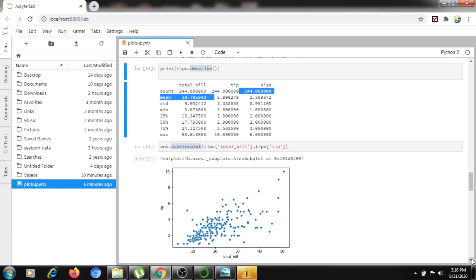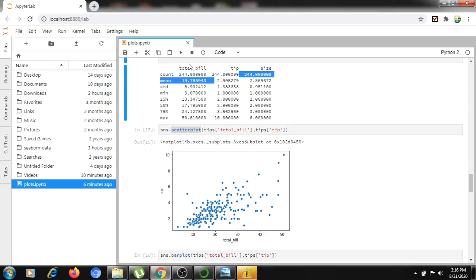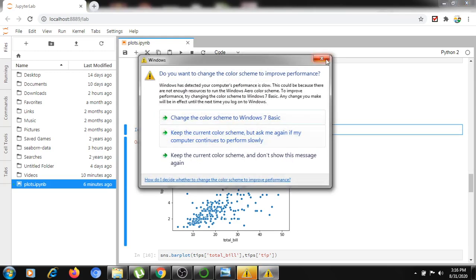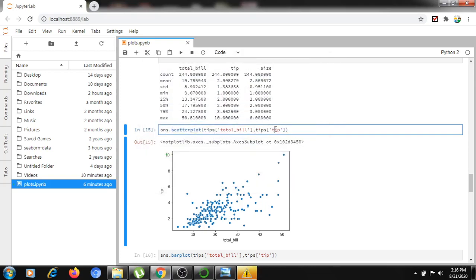If I want to represent with a scatter plot, for example, the total bill and tips, I want to represent them with a scatter plot. I think we already discussed the scatter plot earlier. Here we are representing with dots what the total bill is and what the tip is. Here we need to use my alias name sns for the seaborn package, and the scatter plot is an API we need to call, with total bill and tips passed as arguments, so that it will display the respective scatter plot.